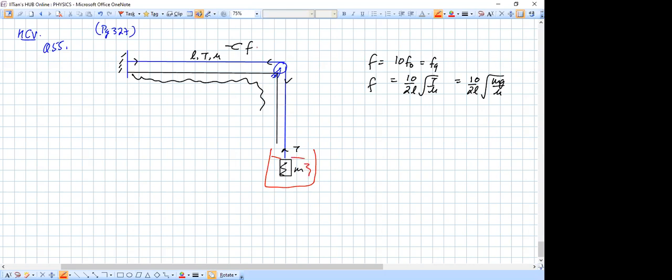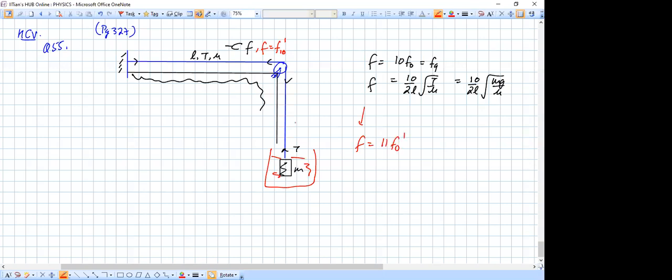Okay. And now the same tuning fork, but it's in unison when the beaker containing water is brought under the block, so that the block is completely dipped in water. This one vibrates in the 11th harmonic, but of the new system. So now this same frequency becomes the 10th overtone or the 11th harmonic, but not of the same fundamental,